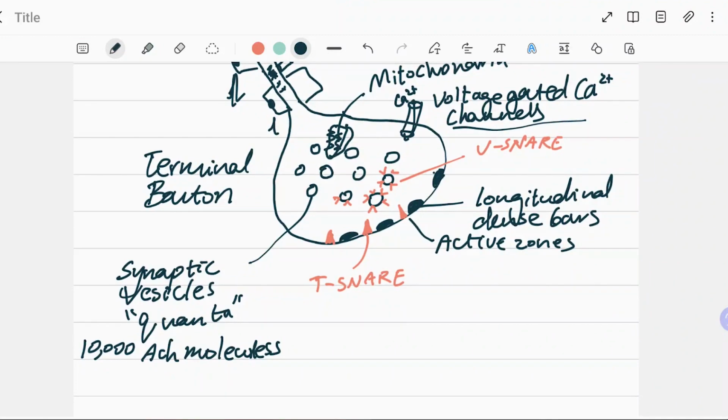So now if we look at this, the calcium enters in because of the depolarization, the wave of depolarization that has spread across this membrane, and it is going to cause a few of these vesicles, around 100 to 150, to fuse with the T-snare. So the V-snare and the T-snare fit perfectly like a little glove. It fits beautifully over there, okay? When they fuse together, then exocytosis takes place of the acetylcholine molecules through the vesicles or through the quanta. Right? So the calcium causes the V-snares to go searching for the T-snares, and then they fuse together and release some